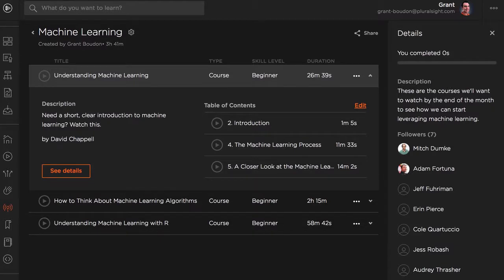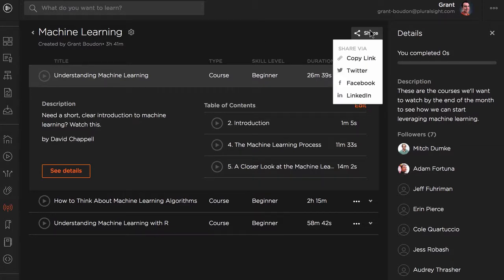There's a description of what you want people within this channel to do or learn. And then here's the ability to share it. Now most people are going to copy the link right now, but we are advancing channels to be able to share it within the app. Right now we're asking people to use the link, share it via email, an intranet, or whatever that might be. We're going to continue to evolve this feature as well, so look forward to that.